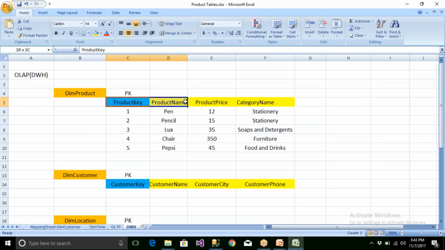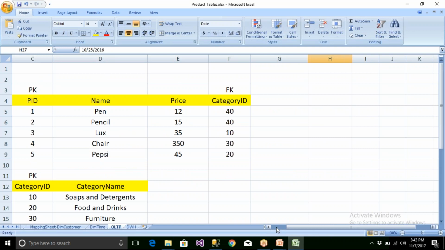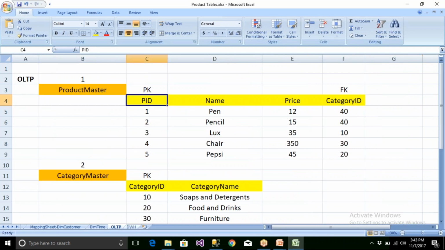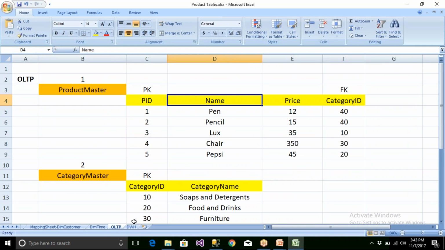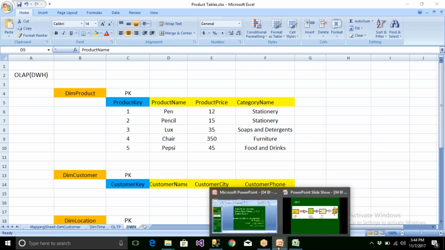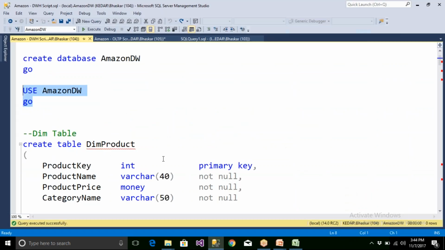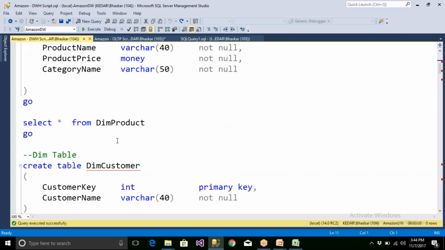And for this, the naming conventions here, you may have product ID. And here naming conventions, people will have product name. Here you have only name, but here you may have product name, something like this. Okay. So now people are going to have one mapping document sheet based on the source data and destination data that we'll talk about later. Now for this, I have created one. Okay. Now run. So the product table is done.